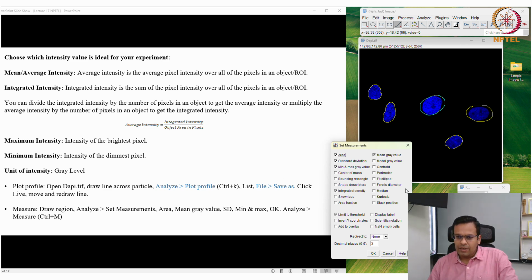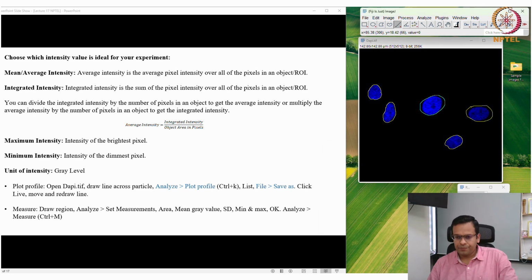Okay, and if you want center, you can click it, but at this point we do not need it. And yeah, I will press OK. So it will measure this many parameters from this region of interest. And now I have to select all 5 ROIs, and I have to press this button, measure. Okay, so it will measure those values for all these 5 ROIs. Sorry, not rename.